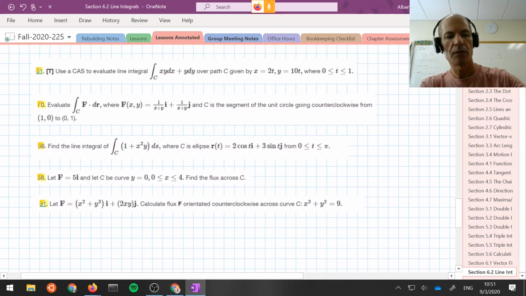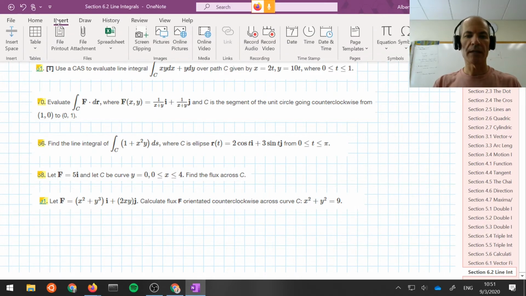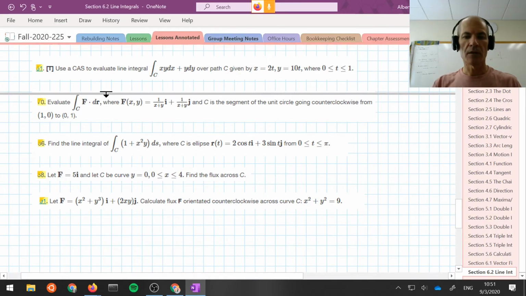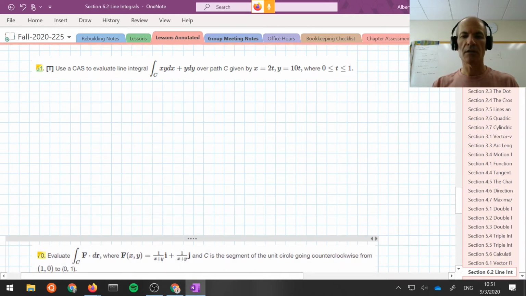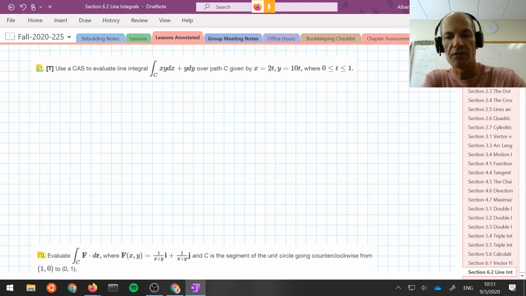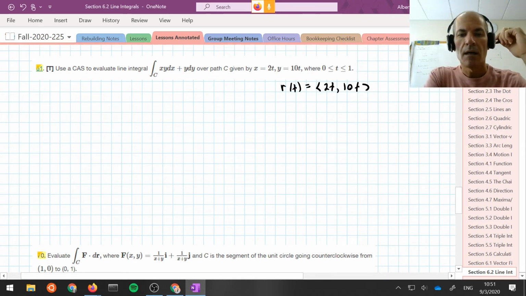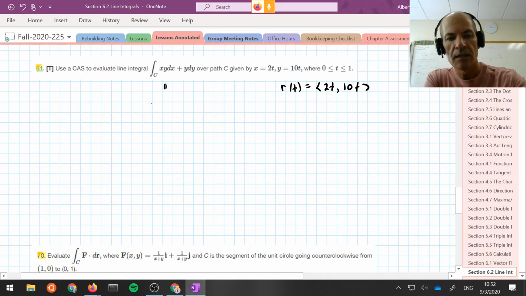All right, let's do 61. So in 61, we're evaluating another line integral over this slightly different notation, and I'll show you how I handle this notation. We're going over the path, we're given the parameter range, which is pleasant. I usually just translate everything in sight into notation that I'm comfortable with, which means I'm going to rewrite r of t as 2t, 10t. Great, and I know that this is secretly